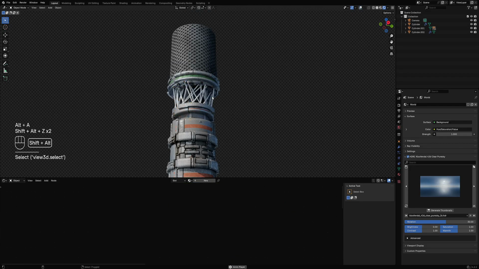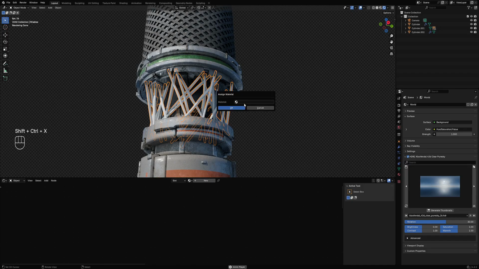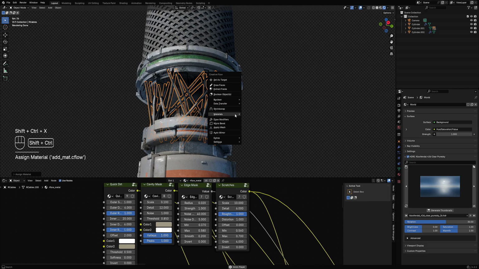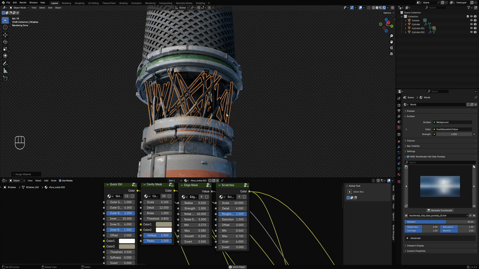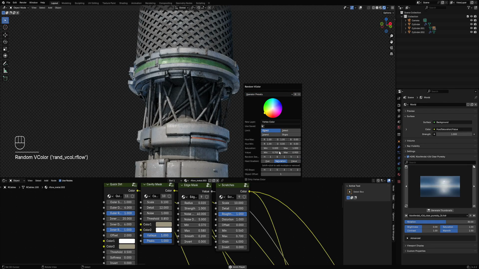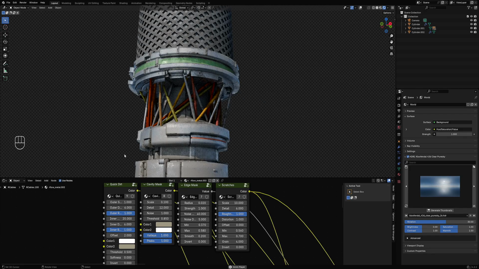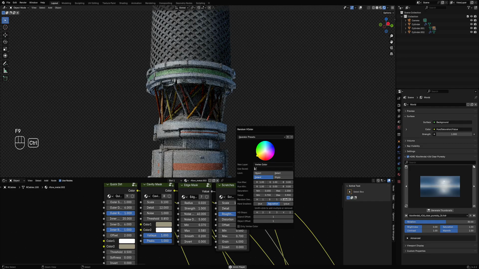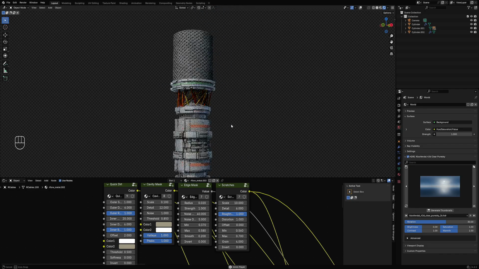The cables, okay, let's just add our flow metal and duplicate it. Okay. Let's try saturated color on this part. Random VColor, yellow to red. Saturation, island. There we go. Okay, and just play around with the seed value. The saturation, you can remove the randomization by increasing the minimum to 1, the same as the